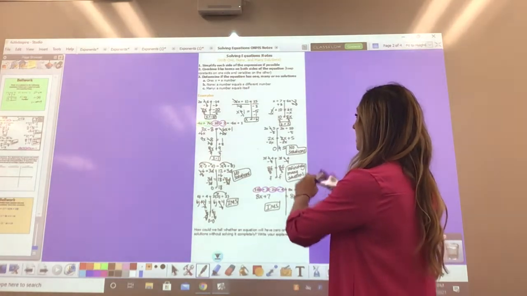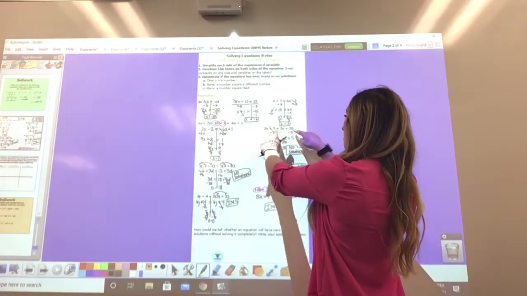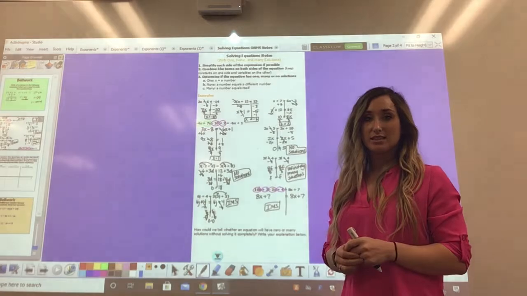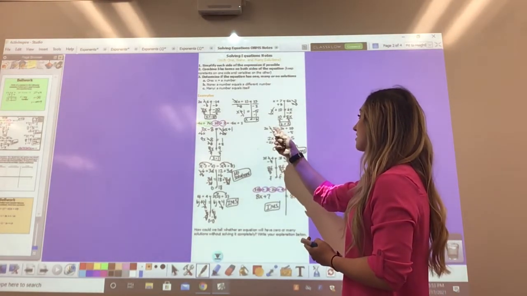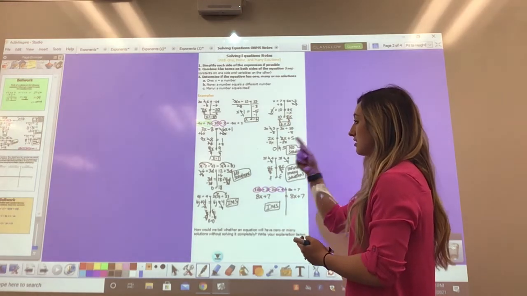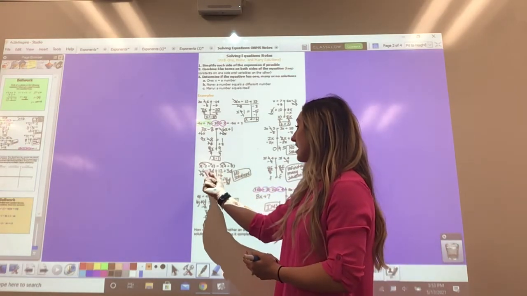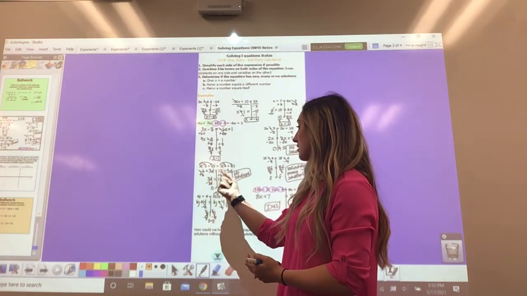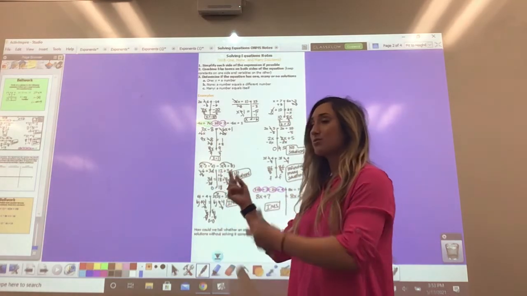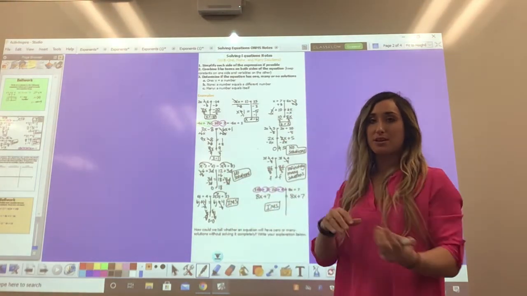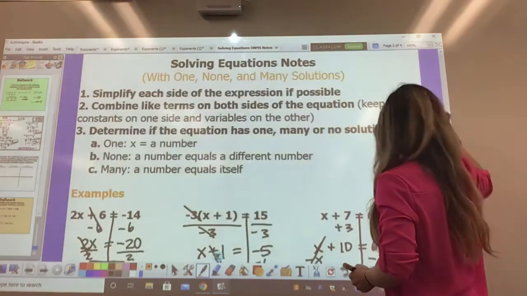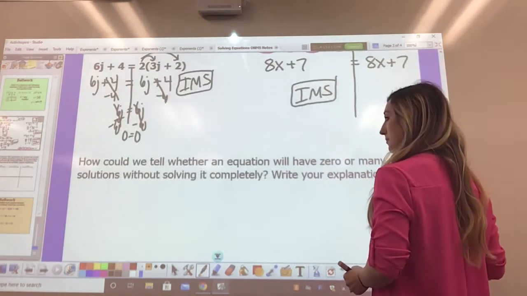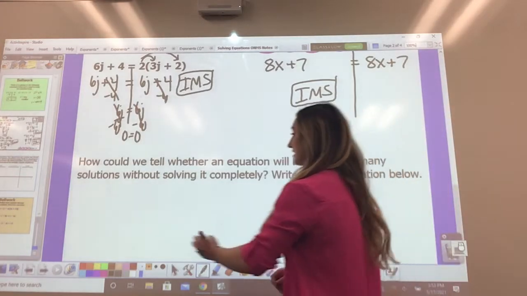If they have the same variable term, but a different constant, that's when there's no solutions. So for this one, it was 2x plus 5 equals 2x plus 10. Here it ended up being negative 6 plus 3d equaled 12 plus 3d. So it was the same variable term, but a different number. Therefore, to answer this question, how can we tell if it has 0,